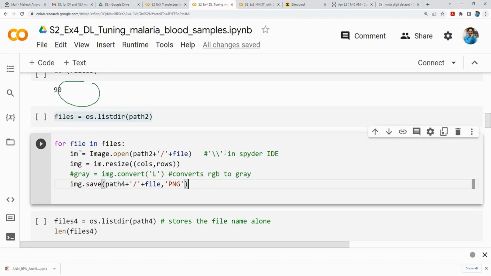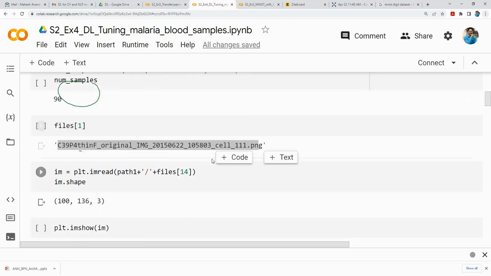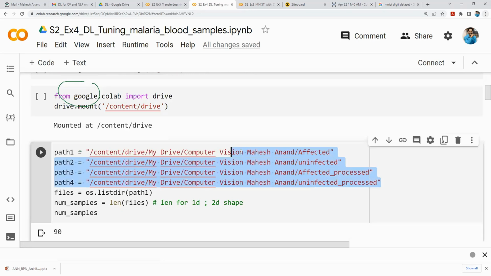Before that, please try to complete these two tasks that I have given to you. There are 4 folders. Initially, you fill these 2 folders with images. You should keep the other 2 as empty folders. After running the 2 for loops, these empty folders should be filled with the processed images. So that is a homework task. Try to complete this and keep it